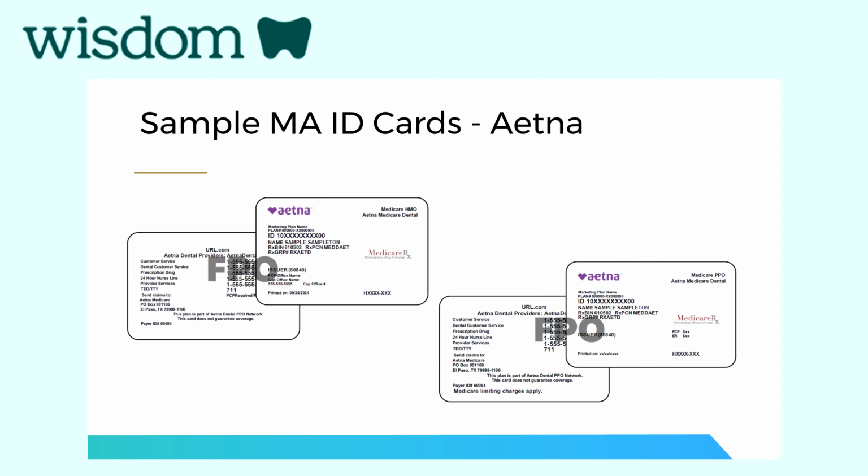So how do I know this Aetna plan is a Medicare Advantage medical plan? HMO and PPO. When you see Medicare HMO or Medicare PPO, that tells you that this Medicare patient does not have original Medicare, that they have this Aetna Medicare Advantage medical plan. And underneath, you'll see Aetna Medicare Dental. That tells you that they have elected a Medicare Advantage medical plan with supplemental dental benefits offered through Aetna. So that's a given that this is a Medicare Advantage plan.